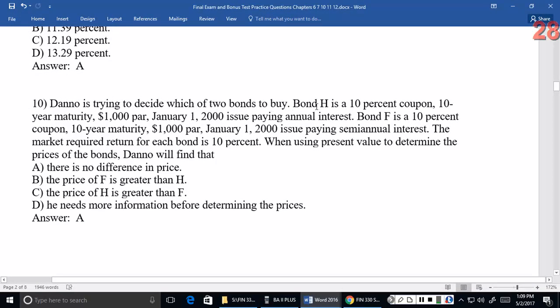All right, so he's got 2 bonds to choose from. One is a 10% coupon, 10-year maturity, $1,000 par value bond that pays annual interest. The second bond is a 10% coupon, 10-year maturity, $1,000 par value bond that pays semi-annual interest. The market required return on each bond is 10%. When using the present value to determine the price of the bond, you will find that